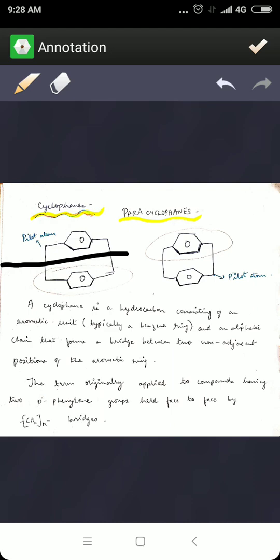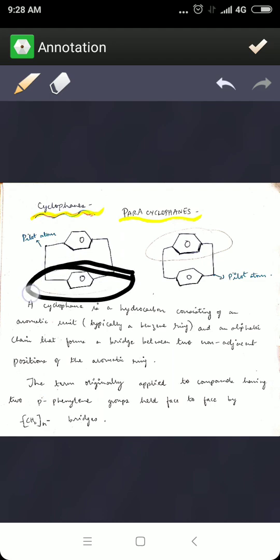Now, when you talk about the pilot atoms, the first molecule is what I've circled here. In this, all three groups are planar. The CH2 group is planar, the benzene is planar, and again the other CH2 group is planar. So these are planar, whereas all the other three are suspended in the air, meaning they are non-planar. All the three other groups, that is the benzene and the other two CH2 on either end of the benzene ring, are non-planar. This is how the structure is formed in paracyclophanes.